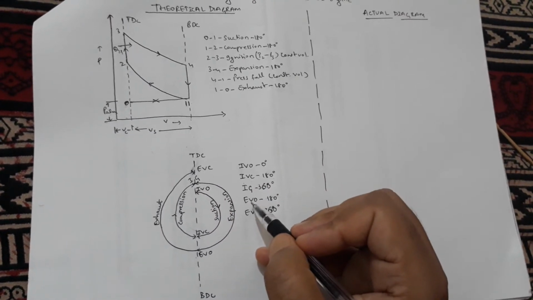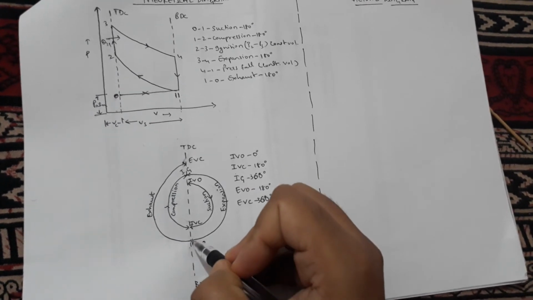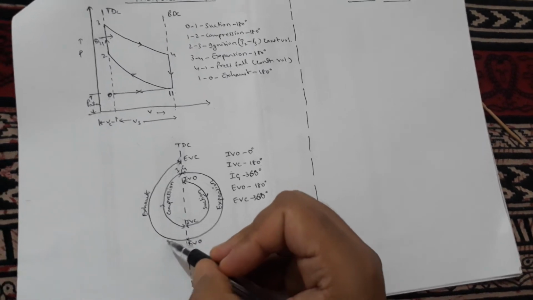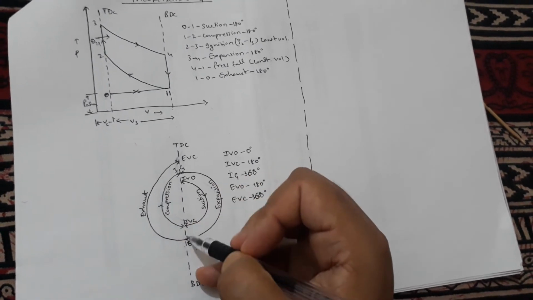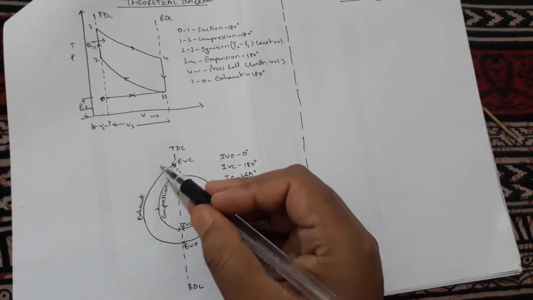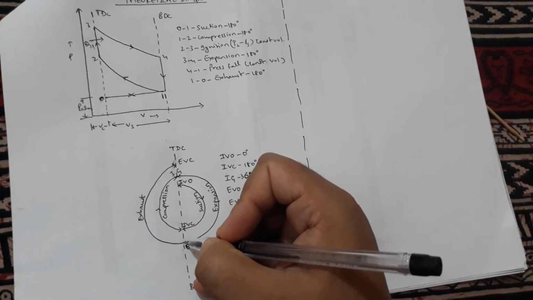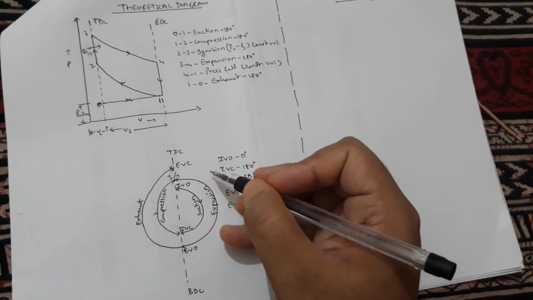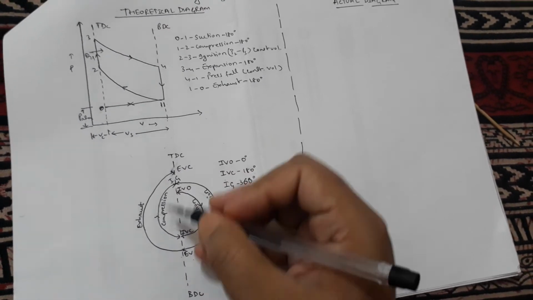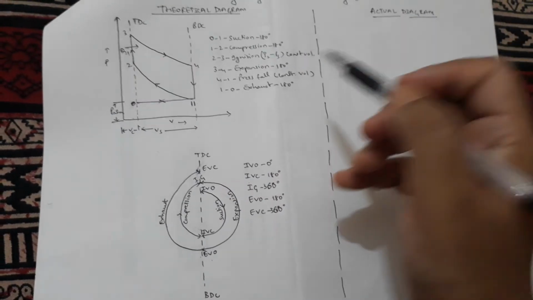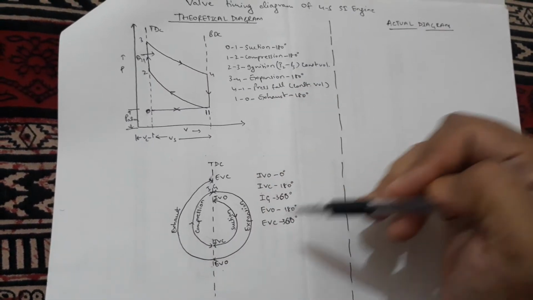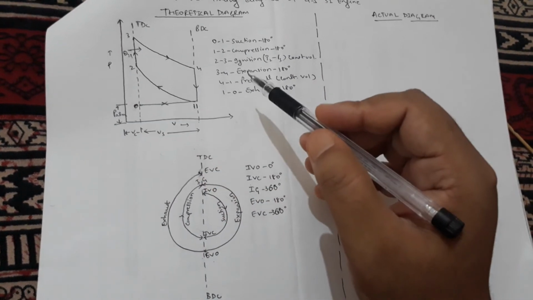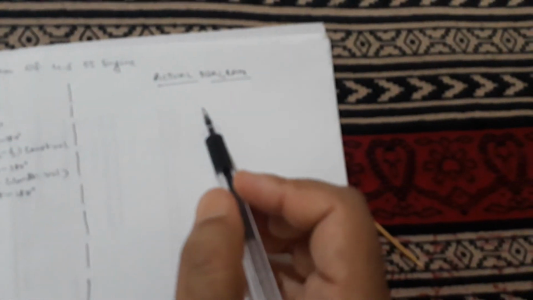As you can see, at the end of expansion, the exhaust valve will open, EVO, exhaust valve open, and the exhaust valve will close when the piston moves from BDC to TDC, and it is going to sweep out the charge which was already burned during the expansion stroke, and the cycle will end here, as you can see. But these all are from a theoretical point of view. As you know, there may be certain changes when we move to the actual part.